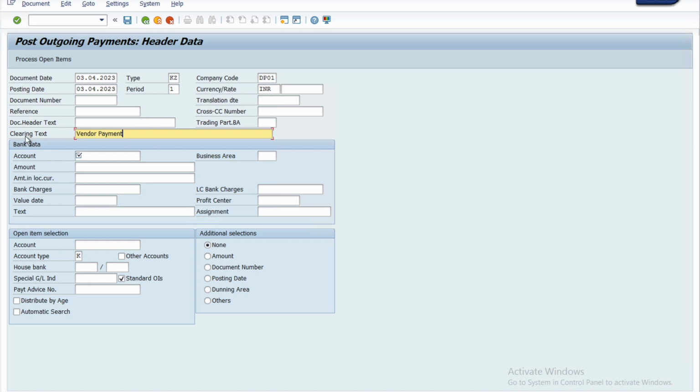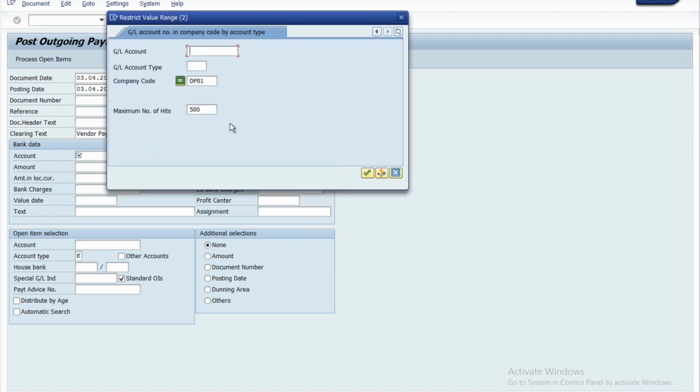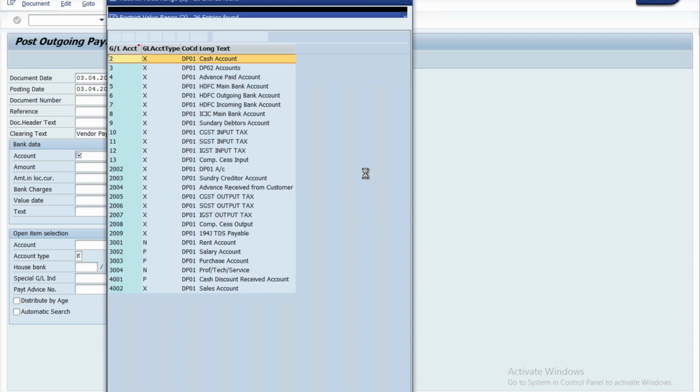Now basically I have given a clearing text because this is a mandatory field. These all fields are mandatory as of now. And here account, bank account, so from which bank account you are going to make a payment. So just click on that box and give your company code. Click on green icon,